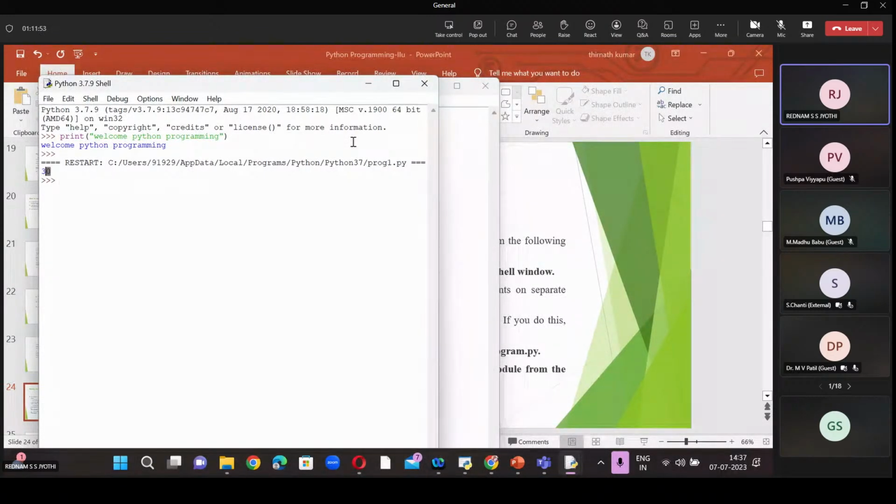This file is present here, program1.py, at the path C users, something, AppData, Local, Programs, Python 37, program1.py. So program1.py is available in this folder. It simply displays the path along with the output.